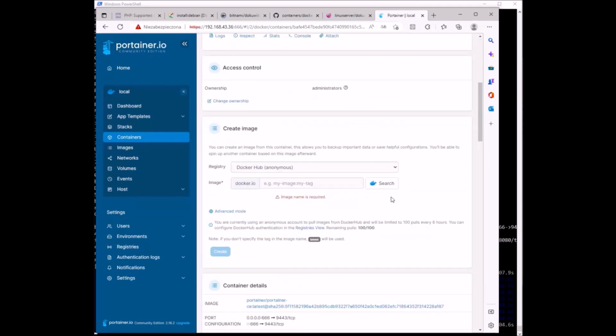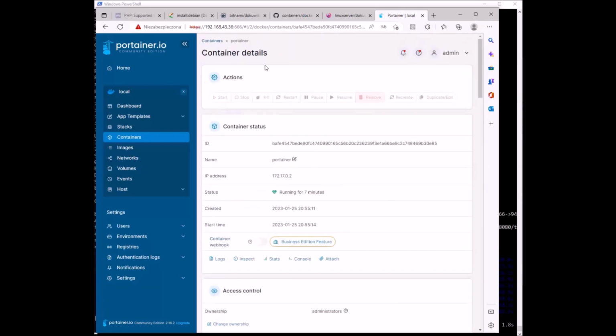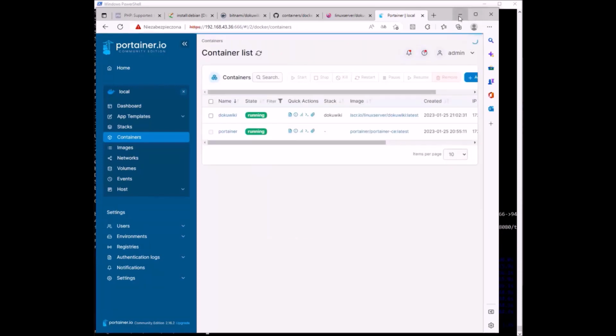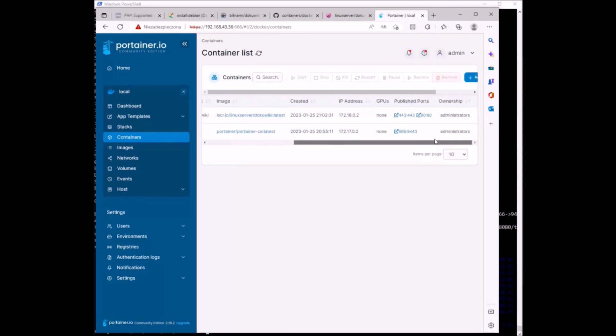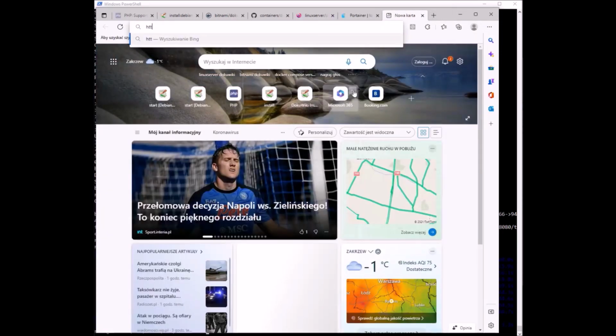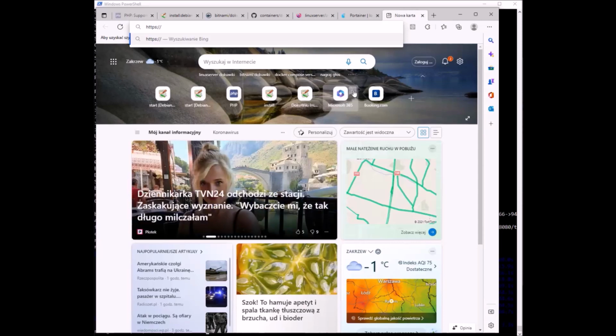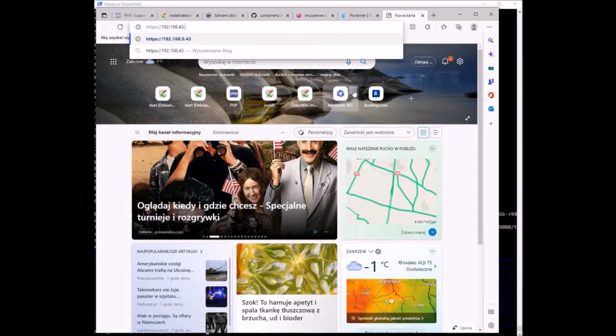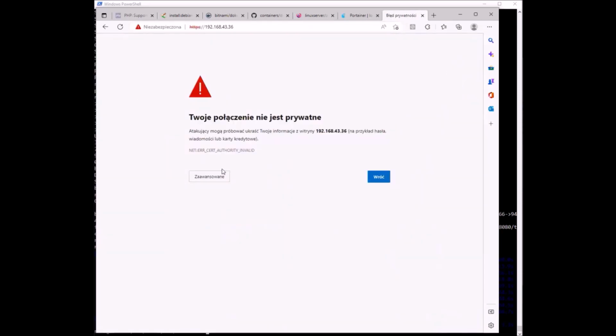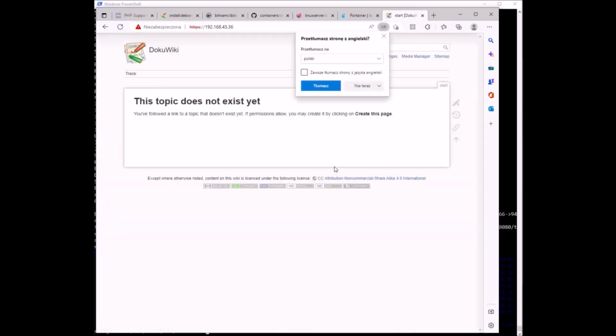No, probably not, but you can change it in the config files. Okay, so we got our container ready and running. So it's time to open it up, so through HTTPS